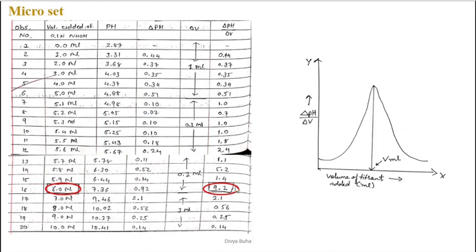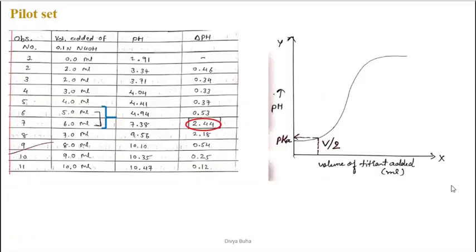So over here, from the table, the equivalence point has been obtained at 6 ml. So you have to first of all find out V by 2. V is 6 ml, where the complete neutralization occurs, which is the equivalence point. So you have to find out half of the neutralization value, the amount of NaOH added at half of the neutralization, which would be equal to half of the equivalence point. So 6 divided by 2 will give you 3 ml.